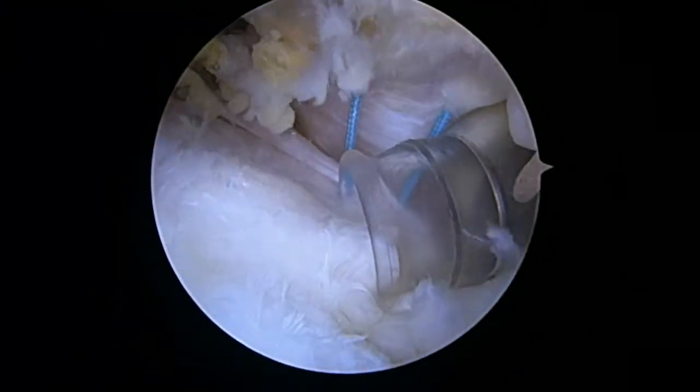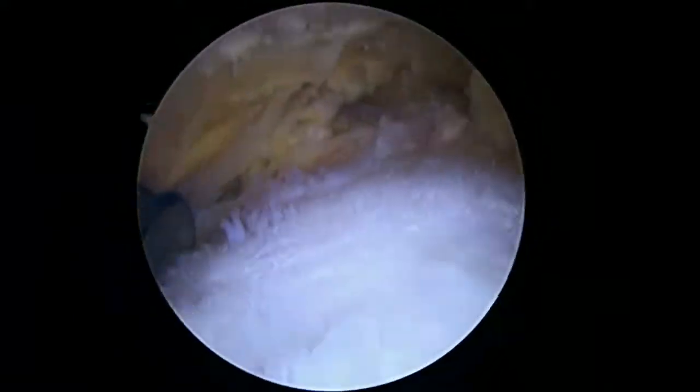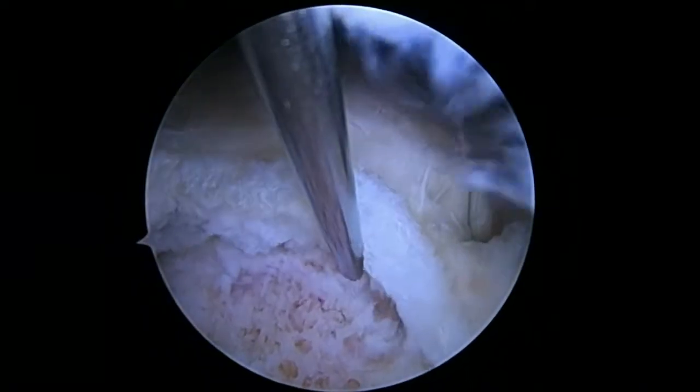Those are our biceps tenodesis sutures, and there's the anterior cannula, and here's the anterior extent of the tear, all the way up to the biceps tendon way up there. So we've got a good-sized tear, a big tear. And what we're going to do next is, now that we can see the tear and know how we're going